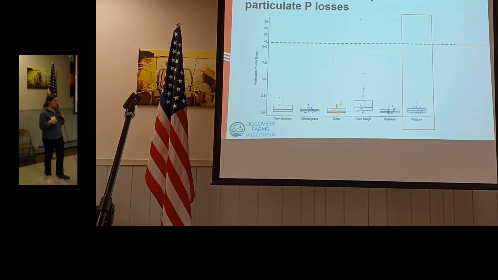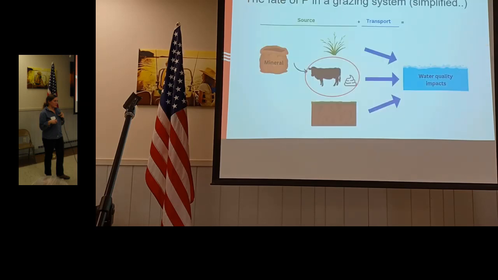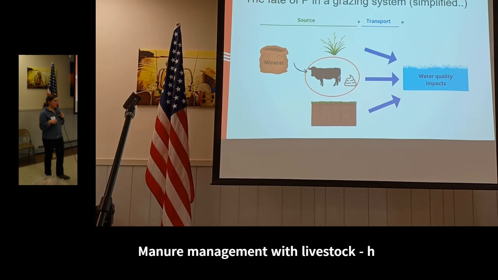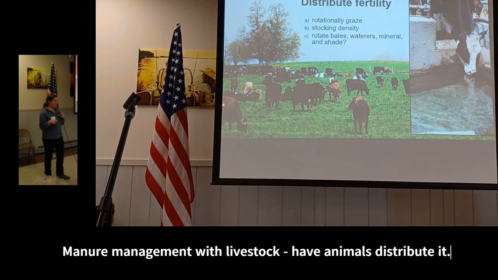compared to some of our other systems. So the next source of phosphorus in a grazing system is the manure from animals, which we know can be both a rich source of nitrogen and phosphorus. To minimize water quality impacts, it's really important to distribute that fertility using rotational grazing, being mindful of that stocking density. We also know that animals tend to congregate around bales, waters, and minerals. So it's really important to rotate those around too when you can